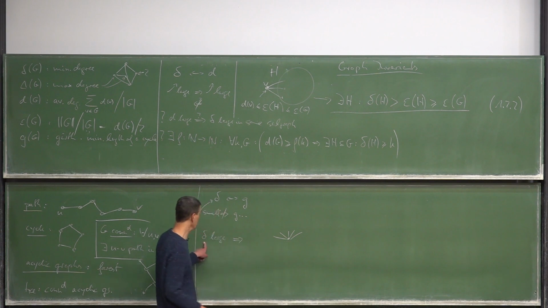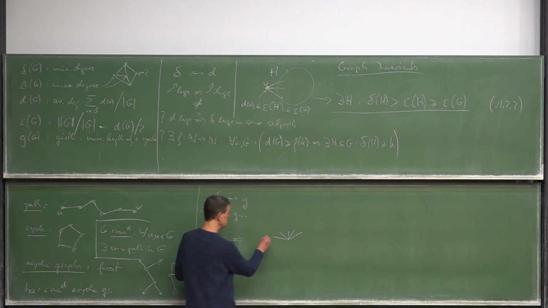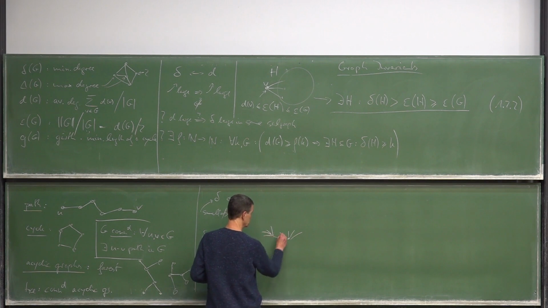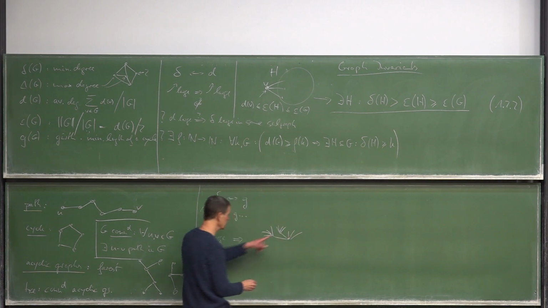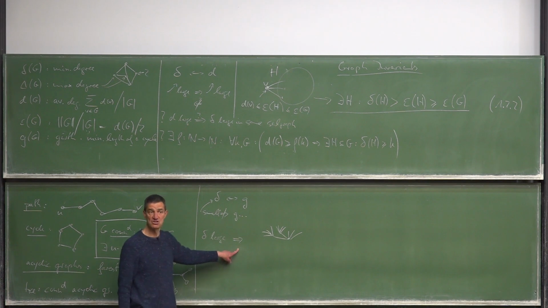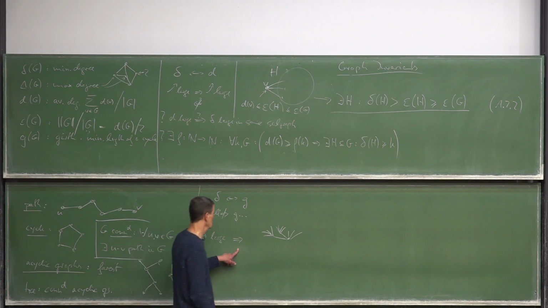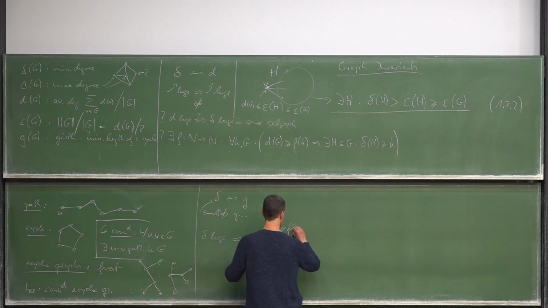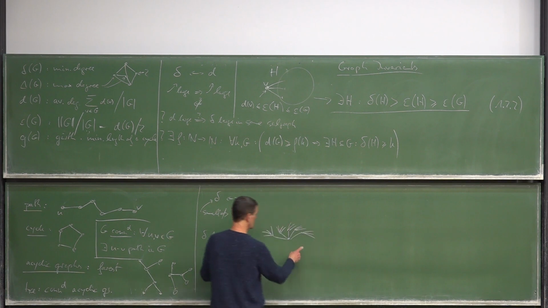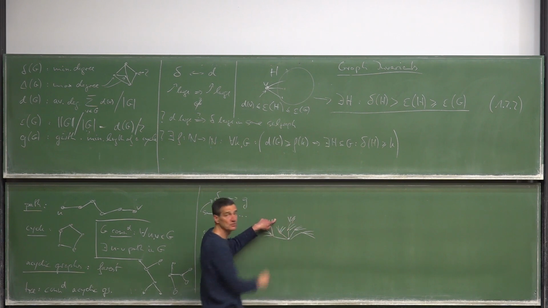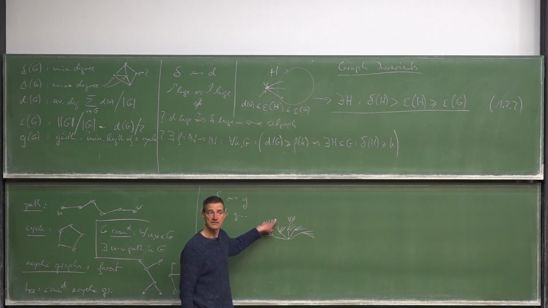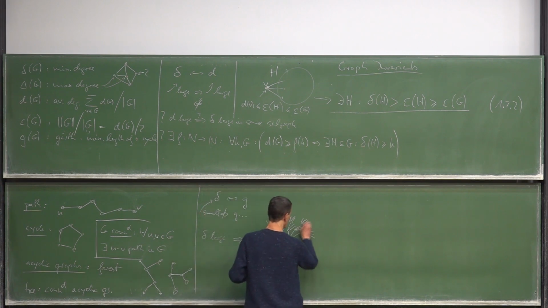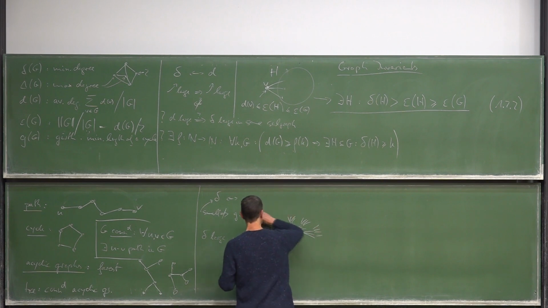So I want a graph of large min degree. So these vertices also have to have large degree, and these vertices have to have large degree. And the question is, does this force, let's say, a short cycle? Well, I want these many neighbors. All these have to have many neighbors, right? But these neighbors must not be the same, otherwise you have a short cycle. So is it possible that they're not the same, and you keep going, and you keep going,